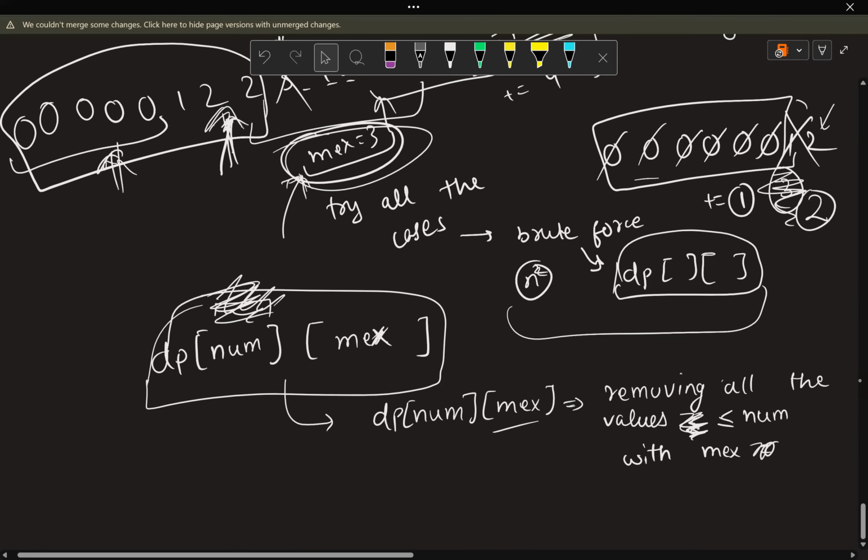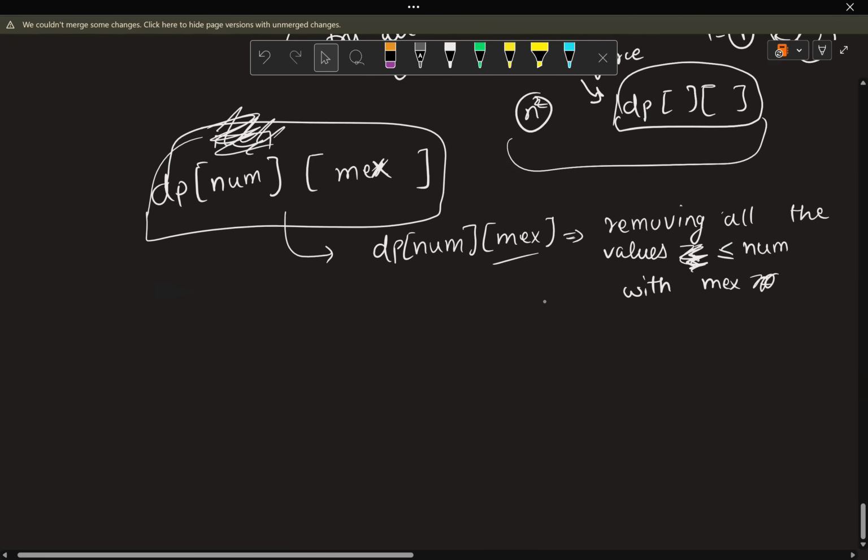We can define the state to be something like this, which means that something like this will hold that if you are having this num and MEX, this state can be called as dp of